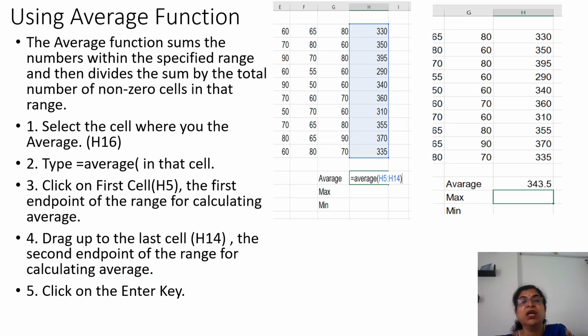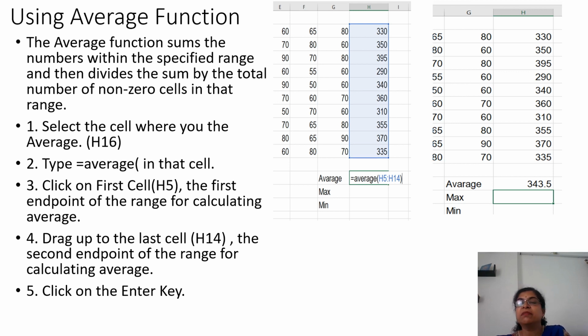Using average function, this also we have seen. For all these students, we want to take the average of total marks. So what we have to do, select the cell where we want to display the result, and then give equal to sign, type the average word, that is the function, and give the range of the cell. Means first cell you select and drag over the cells, remaining cells, the range will come automatically. Simply press enter key, you will get the value calculated. That is average of these values is 343.5.